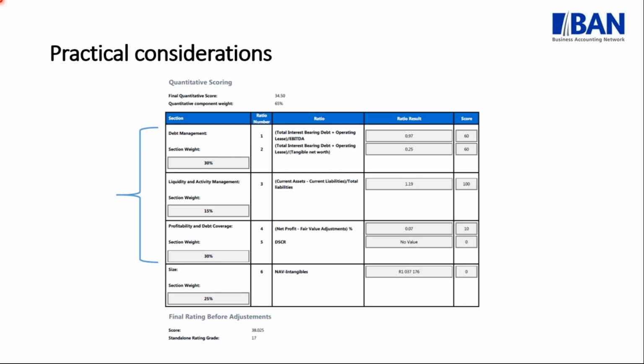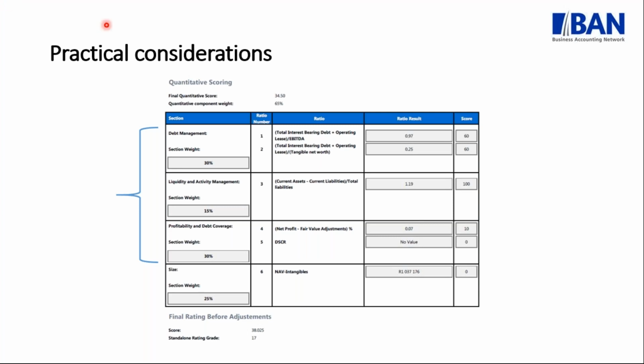What I wanted to just show you as well, to put it into a little bit more of a practical point of view, is an extract from an actual credit rating application from a financial institution. So what typically happens is if you go to the bank and apply for financial assistance, let's say a loan, you will complete a credit application, and this application is split into two parts: a qualitative part, in other words, looking at what your business is about, what you buy and sell, how you trade, what industry you are in, and then the quantitative scoring, which is basically looking at your numbers.